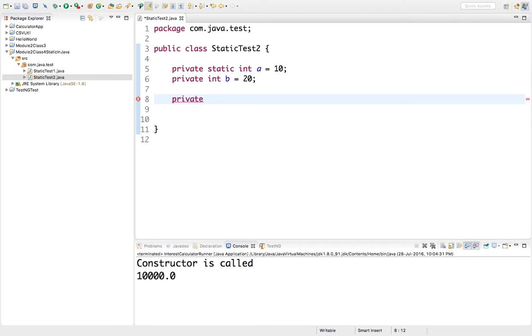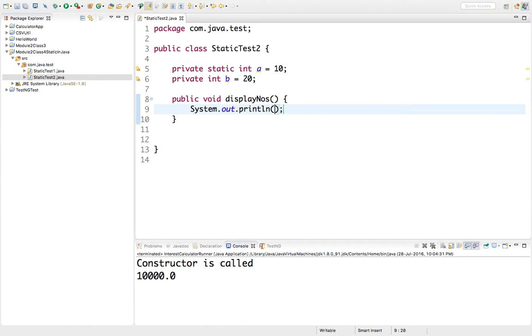Let's make it a public void display numbers. This is going to sys out the value of a, and it's going to print the value of a.